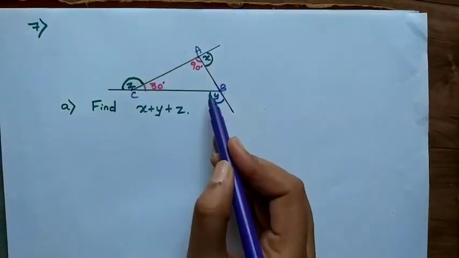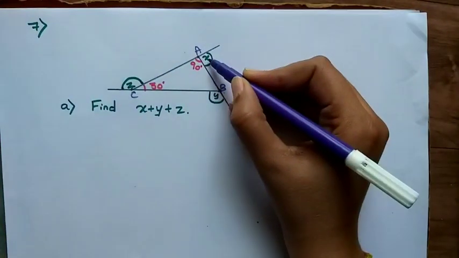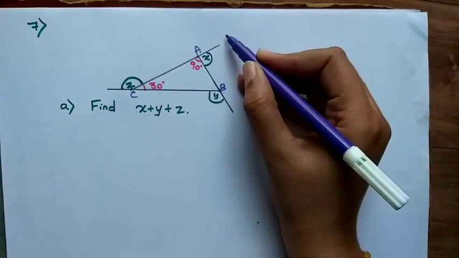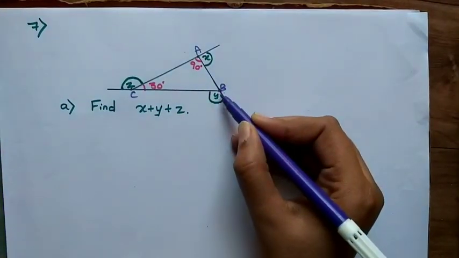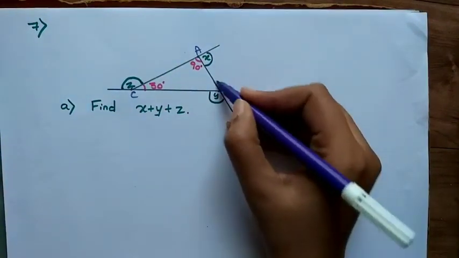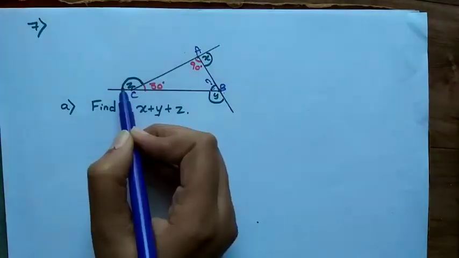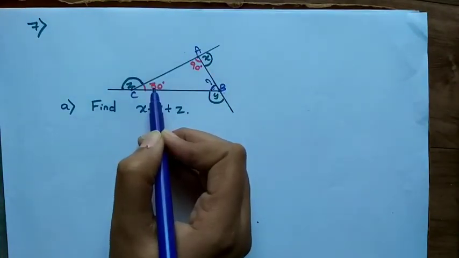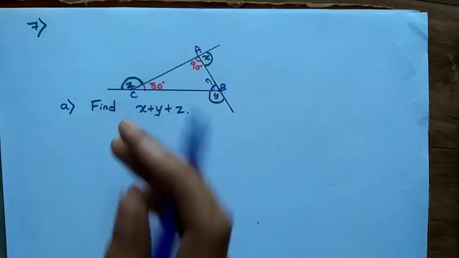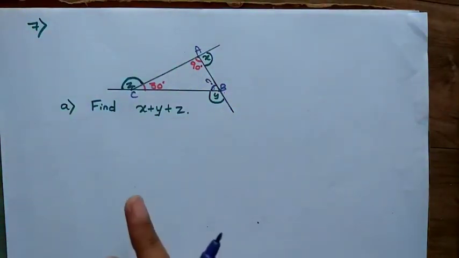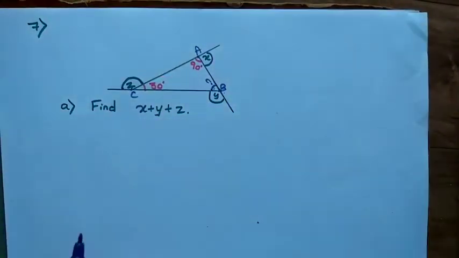These exterior angles form a linear pair of angles. Just observe here angle x plus 90 degree is equal to 180 degree. It is a form of linear pair of angles. Angle B plus angle y is equal to 180 degree. Here it is not given, so the interior angle is a question mark. And question mark plus 30 degree is equal to 180 degree. It is again a form of linear pair of angles. This means we have to find the exterior angles x plus y plus z.